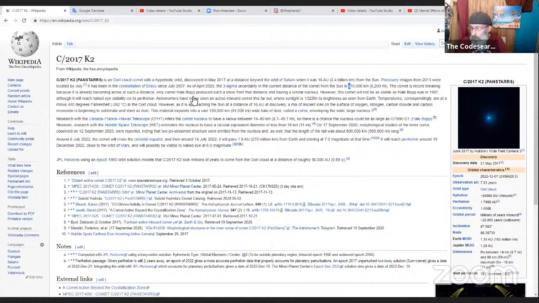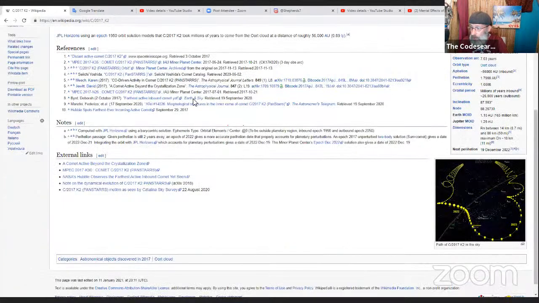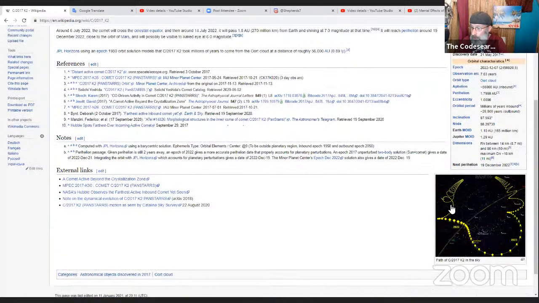Here's its path and expected trajectory through our solar system, again coming from Draco. Now that's really interesting because we're given this dragon imagery from the Bible for a reason. Remember, the dragon is cast down. And I'm not saying something is going to happen with this comet, like a cataclysm, though it's possible. That's not what I'm seeing in the codes. And I did find it encoded by its nomenclature, which is Comet 2017 K2, the access term.